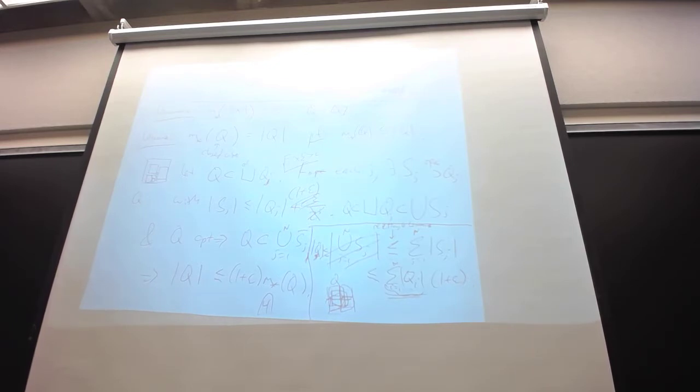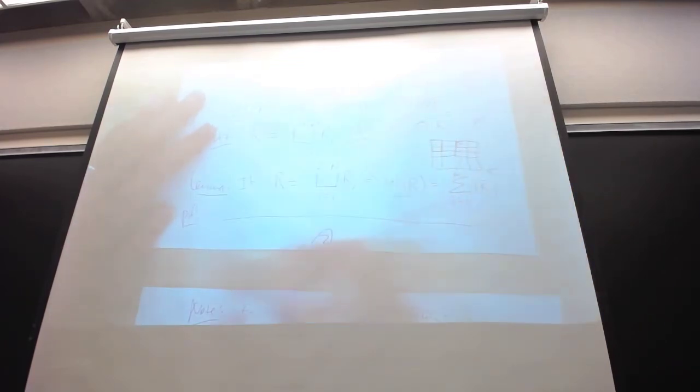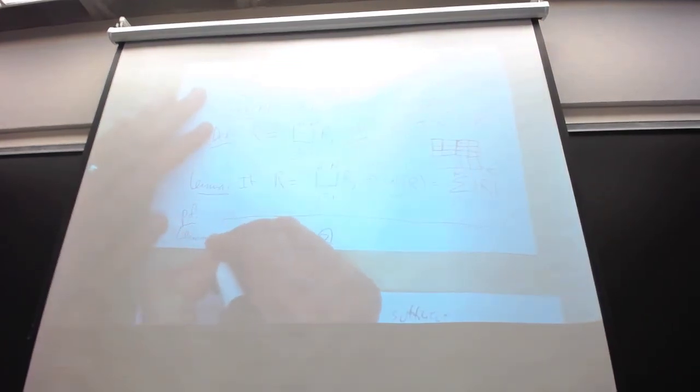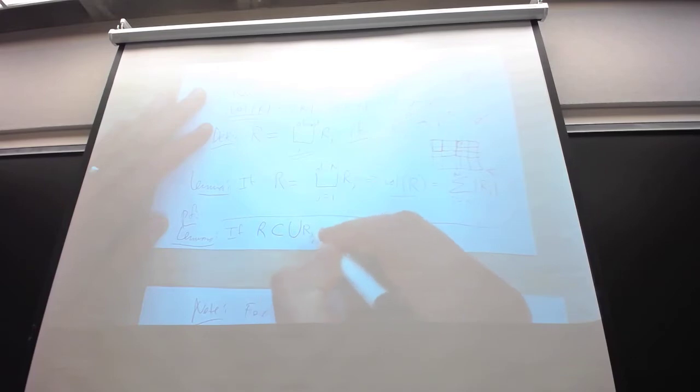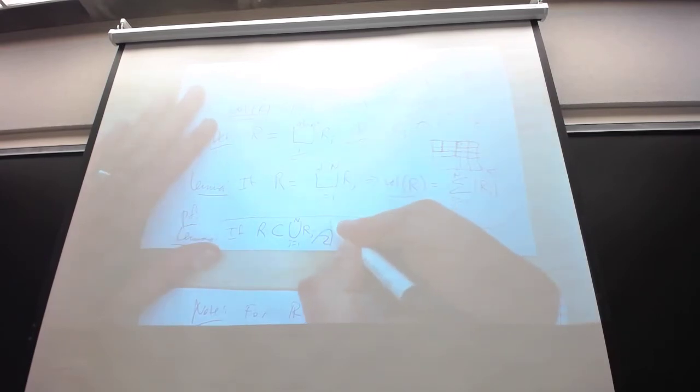This is what happens when I say, yes, this is all obvious, we'll all get it. So could you just state the lemma one more time? Yes. The statement of the lemma that I wanted: if R is contained in a union of a finite number of closed rectangles, not necessarily disjoint, then the length of R is at most the sum of the lengths of the Rj.